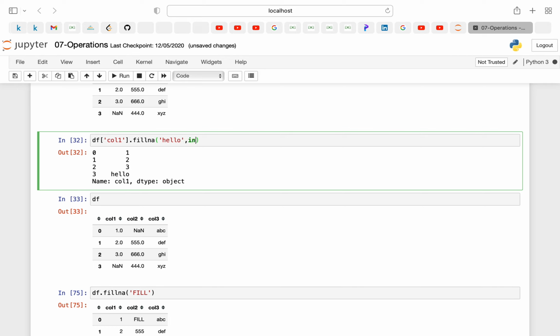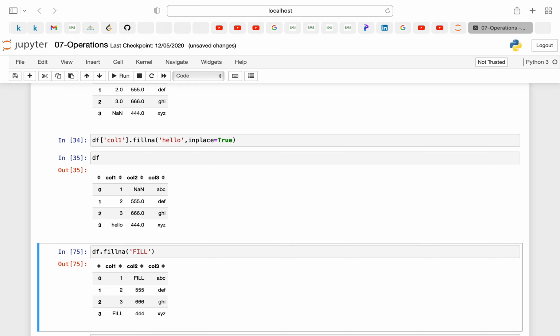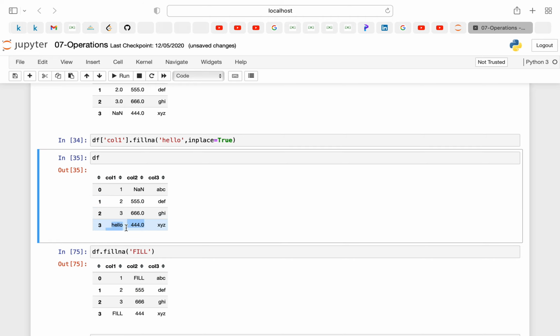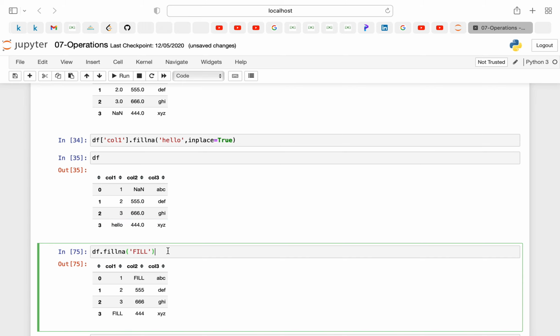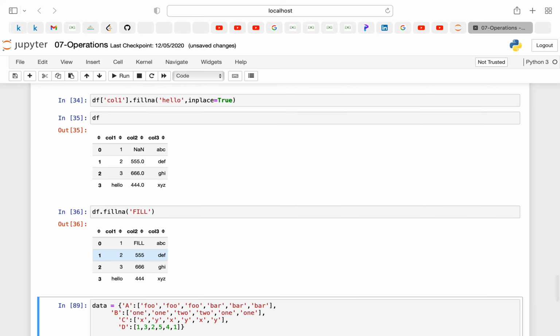So what we can do is inplace equal to True. Now as you can see, we have hello instead of our null values. Similarly you can do df.fillna, where you're applying it to the whole data frame.